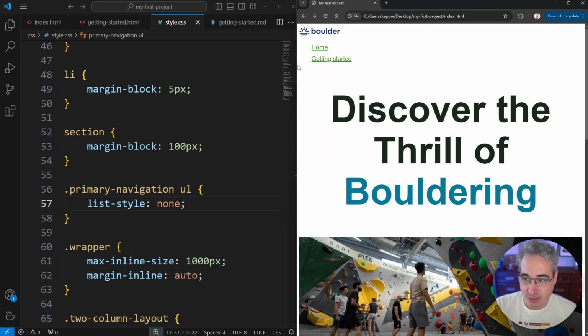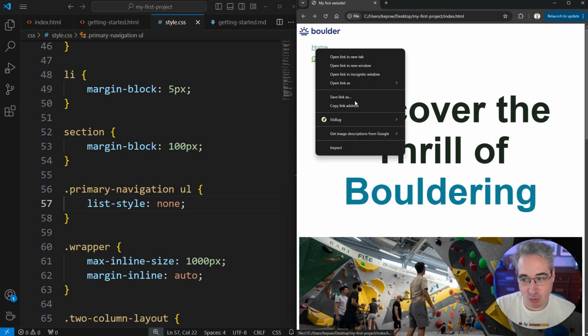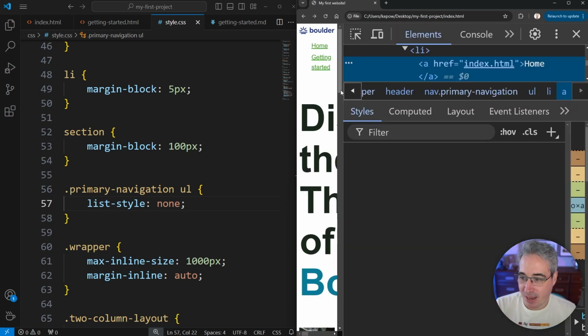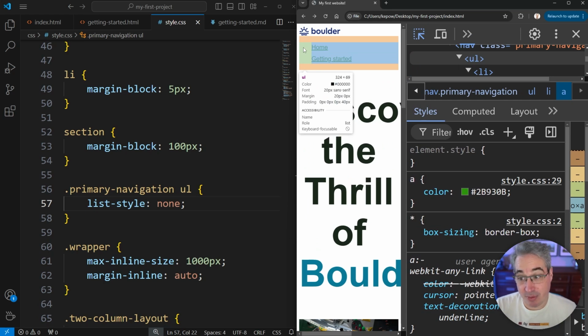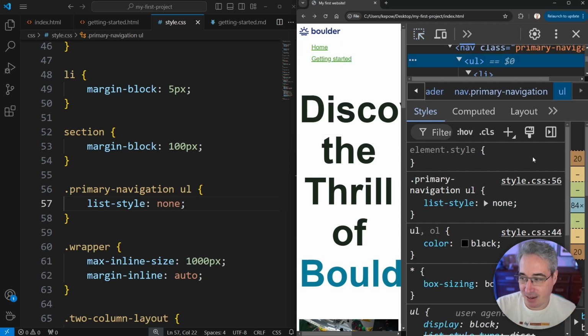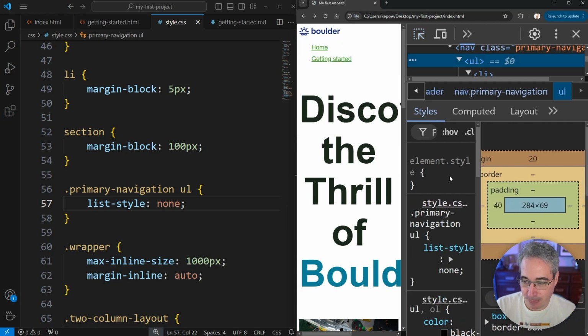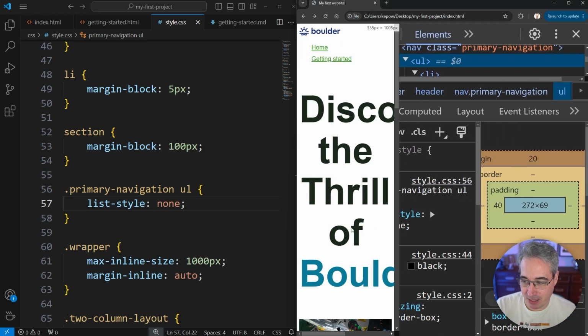Now, there's another problem with lists in general is they actually have other styles that are there by default, but we just don't see them as much. But you notice there's a really big space on the side here. So if I right click on here and I do an inspect, and we go and take a look at that element, we're going to grab the entire list, or I'm going to hover over it and we can actually see right now. We have the orange on the top and bottom, and we have this big green part here. And if we come and take a look over here, you can actually see, let's just make it a bit bigger,